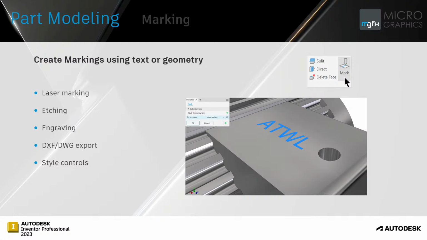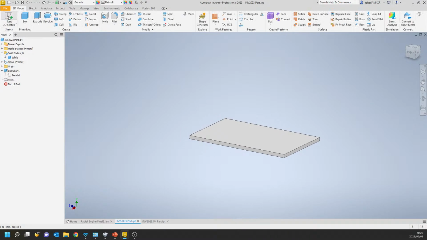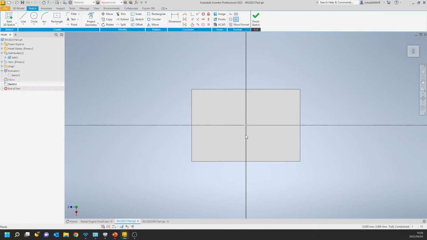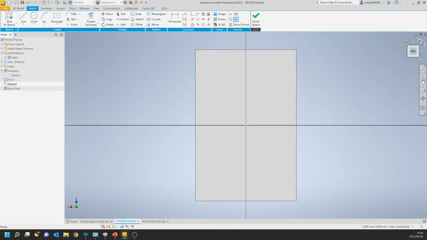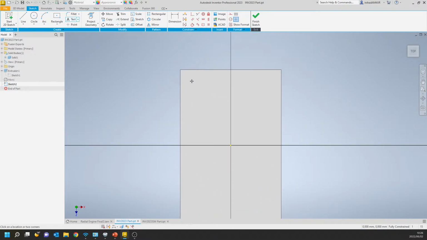You'll see the mark tool appears under the modify panel in the 3D model tab, and you can define custom mark styles and assign them to selection sets within the mark features. Okay, so basically, again, very simply, on a particular part, I can create a sketch, and let us go in here. So I'm just going to create a marking here. Let's create a nice big area here,